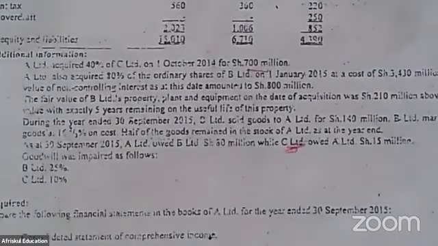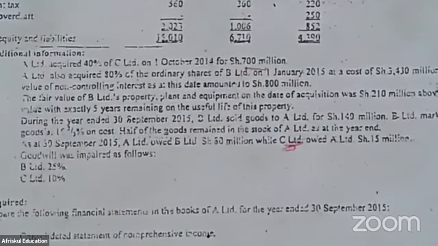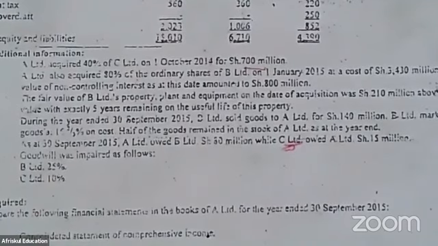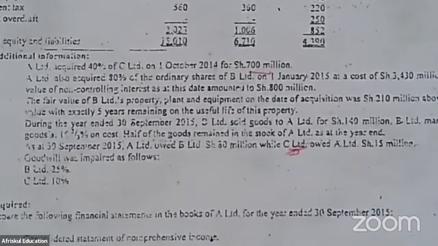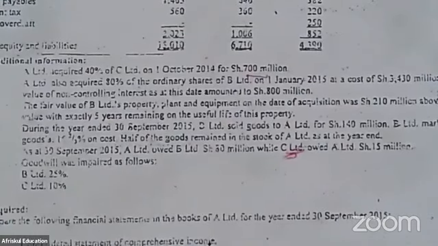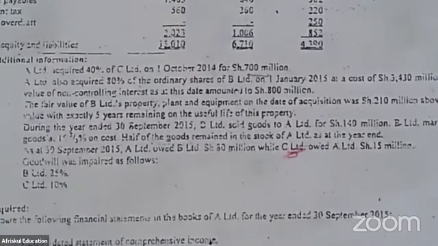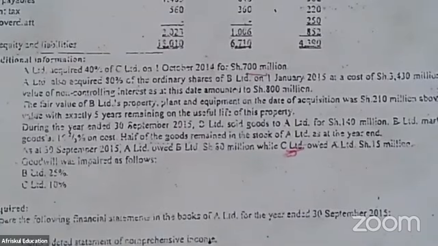Sometimes they would use the word below, below the fair value. Sometimes they would use the word below the fair value, or they can say above the book value. So again, Pamela, are you getting what I'm trying to explain? Yes. So I've said that they can use two scenarios, two statements to imply the